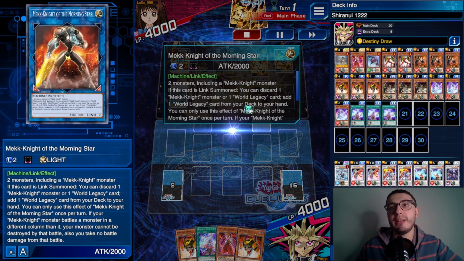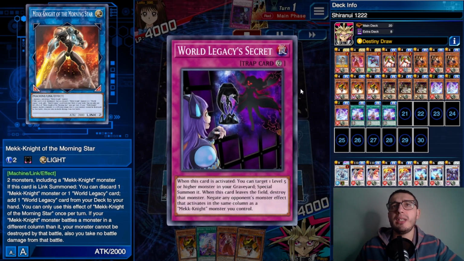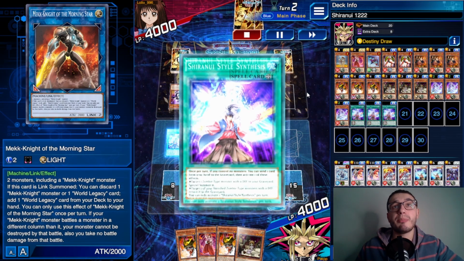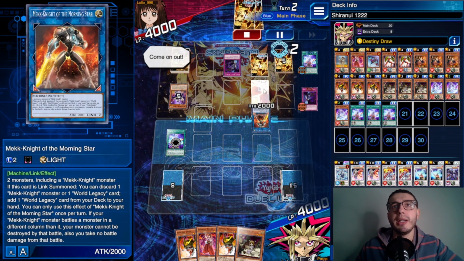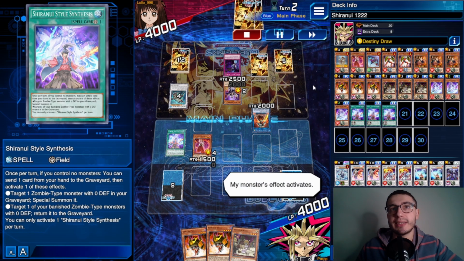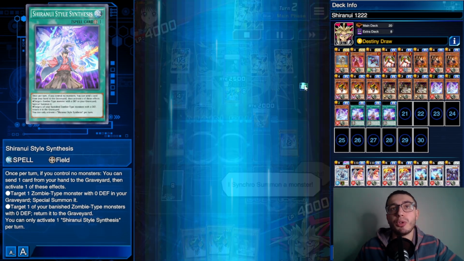As you can see right there, he summons the Blue Sky, Mech Knight of the Morning Star. I didn't get why he didn't use the skills yet, but that's fine. So just a couple of back row and then he's good to go. I just began with SHIRANUI style Synthesis and he went with World Legacy Secret, totally fine. But unfortunately, if you do not have anything in the graveyard or in the banishing section, you can't use the effect of Synthesis. So I began with the Squire, perfect opening to go into the Spectre's Ward, of course, Synchro Summon